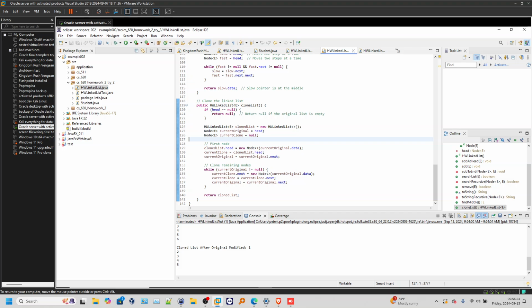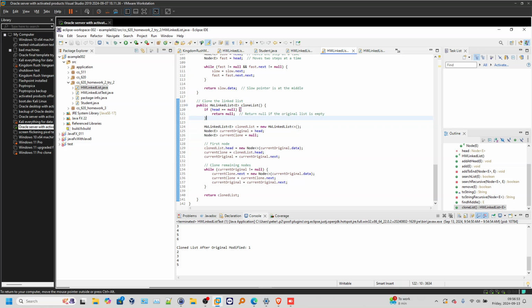Okay, so if it's just an empty list, then we're just returning null. So we're going to create a new linked list. What we're doing is creating a custom implementation of the linked list. Java already has an implementation of linked list as a class in its data structures, I think in the util package. Okay, so copy the head and then